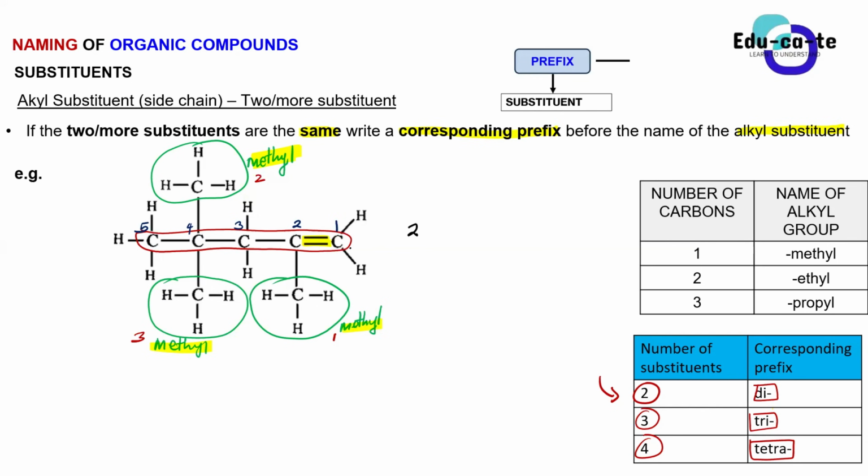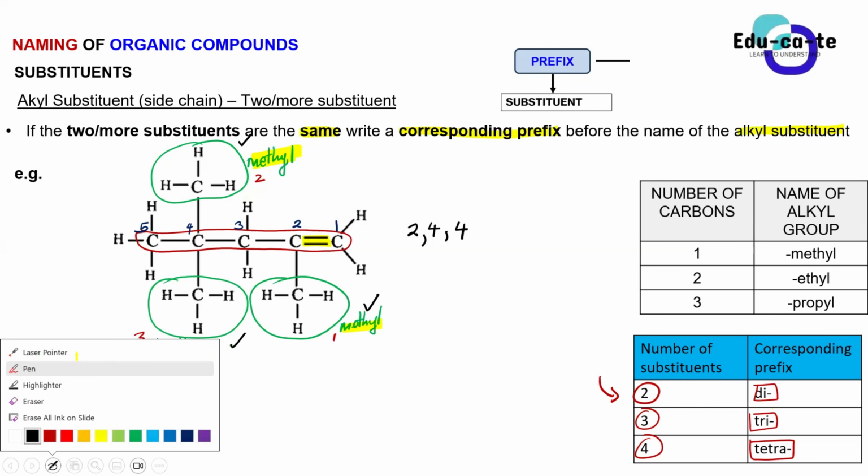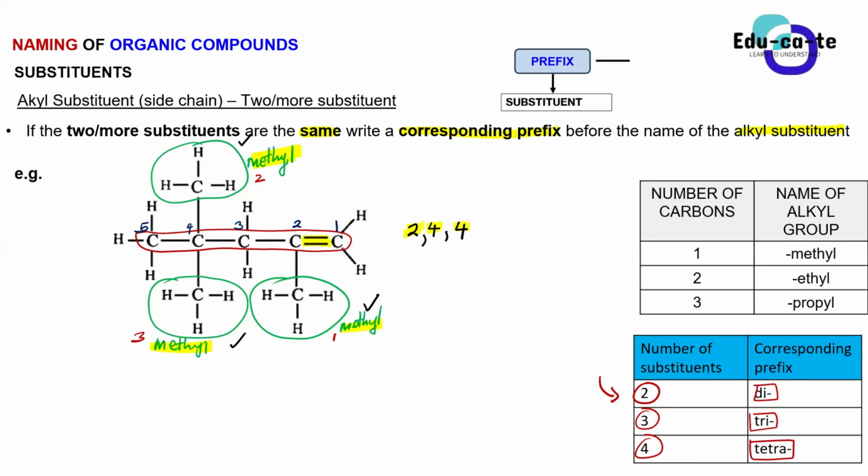You count them one by one, guys. Anish, you see that I highlighted them one by one. So on carbon 2, we have this one, right? A methyl group. Then on carbon 4, we've got a methyl group at the top. And also on the same carbon 4 again, we have another methyl group. So you must say comma 4 again. So this 2, 4, 4 tells us that we have this methyl group on carbon 2, on carbon 4, as well as on carbon 4 again. Don't be scared of repeating the same number, because repeating the same number tells us how many times we are having a certain substituent on that carbon.